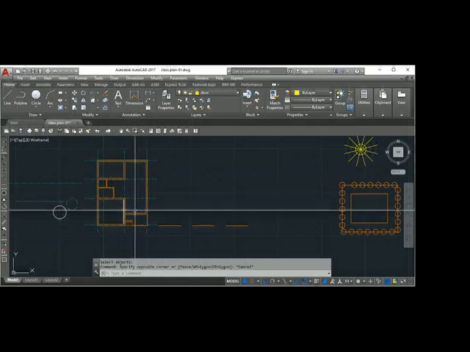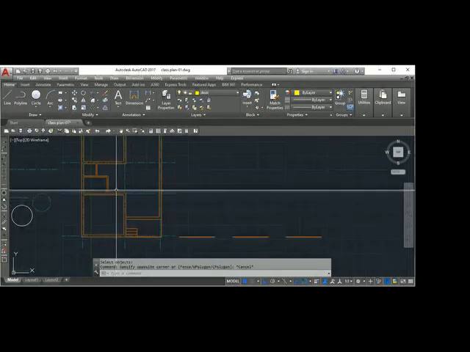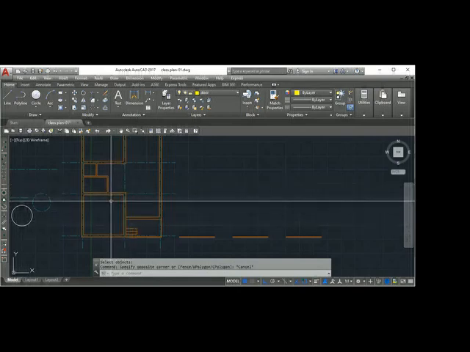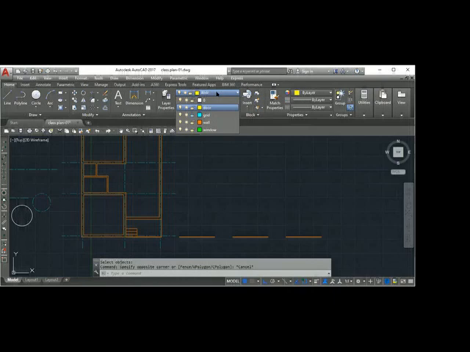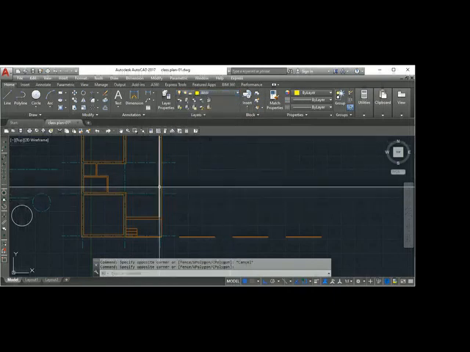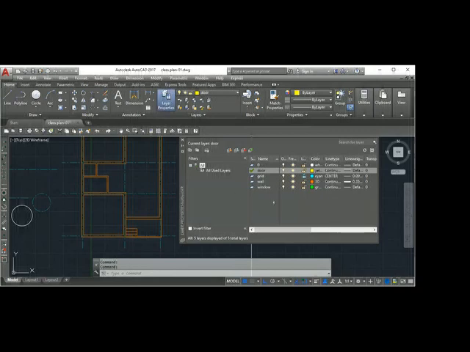Okay, now I'm going to bring my door here. Earlier I told you don't make any opening here. You can use it later. So I'm going to make a door layer. Door and wall are almost the same color, so I will change the door to yellow. It is in yellow. Okay, it is in yellow only.